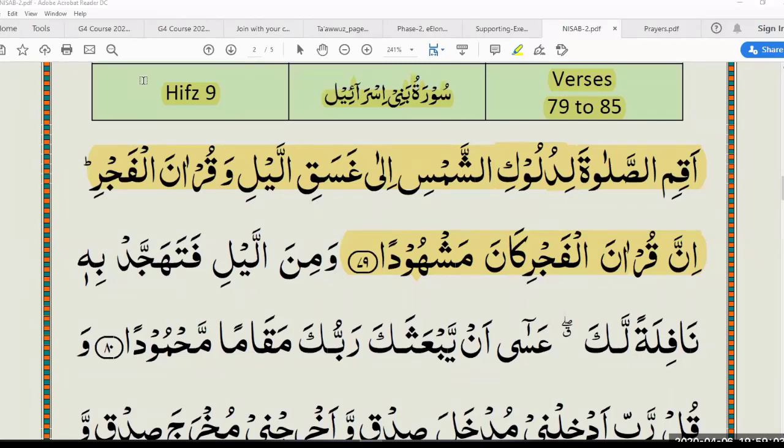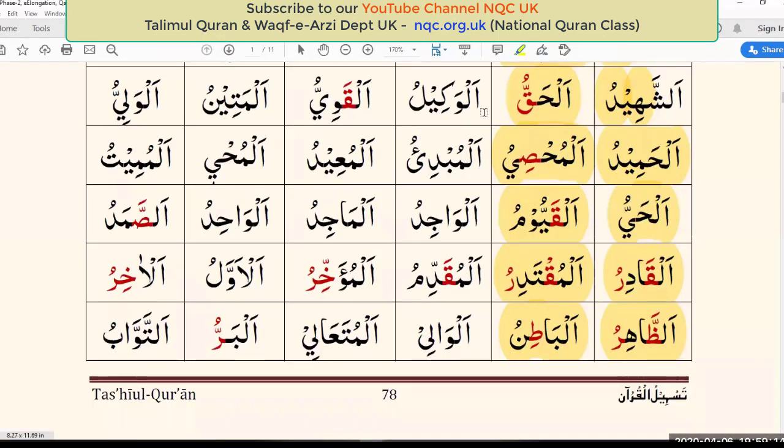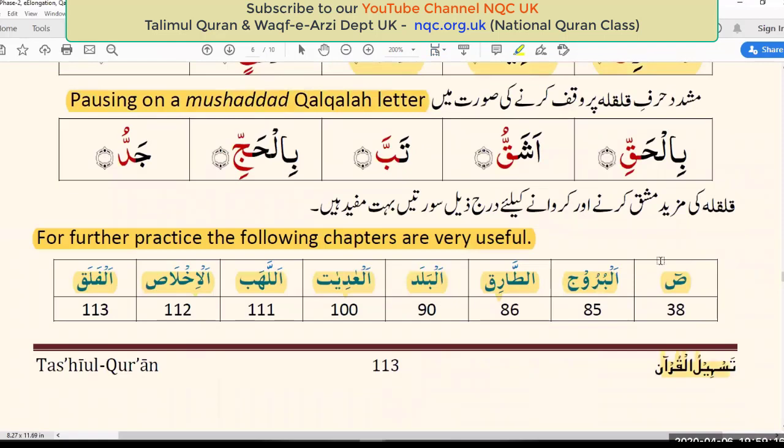And today we've gone over Qalqalah, which is the jerking sound that you've just practiced. We have also shown you the surahs that you can use to practice further the Qalqalah rules, which are these surahs down here. I hope everything is clear.